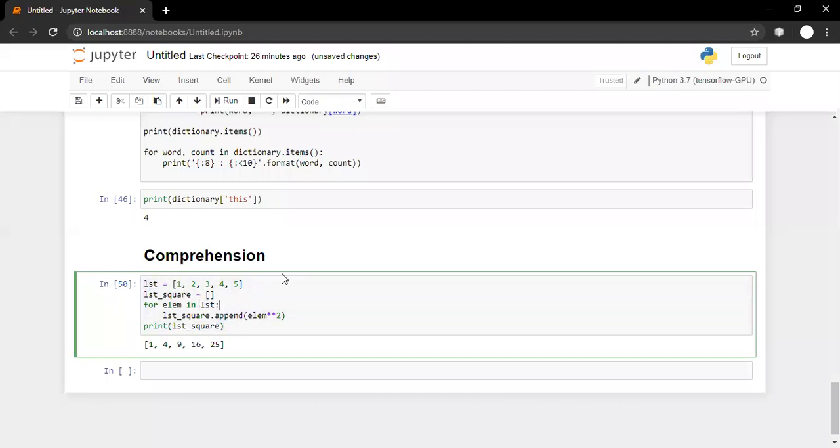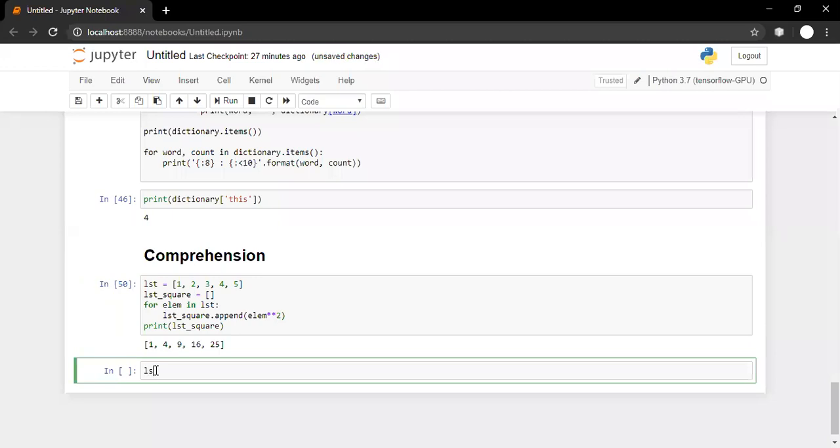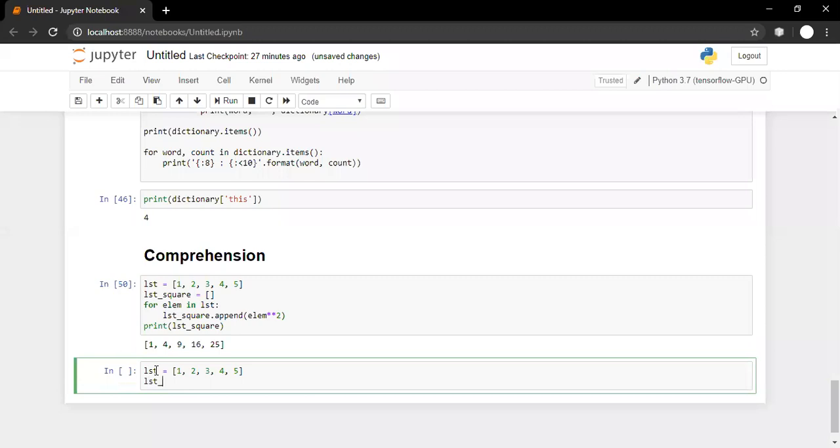Yes. Now here for 5 elements, the loop is executed 5 times. So can we do it in one statement? Yes, we can do it in one statement, something like this. The list is 1, 2, 3, 4, 5, and lst_square is equal to, now please listen and observe carefully what I'm writing.